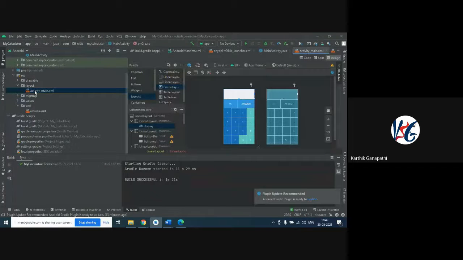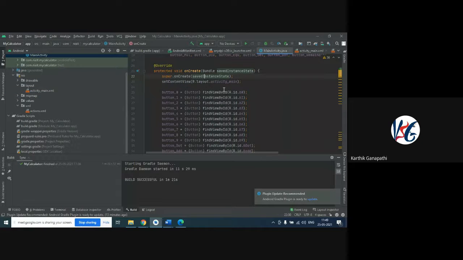These are the components, and this is the layout, and this is the XML file, that is activity underscore main. That is where we are going to render the view. Now you can see R.layout, we just connected our XML to our Java file. Now it is clear how to connect the components.